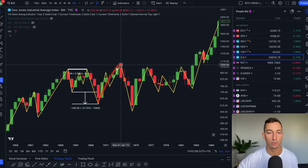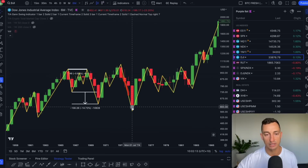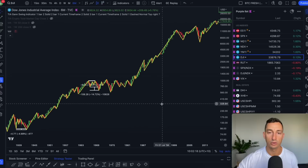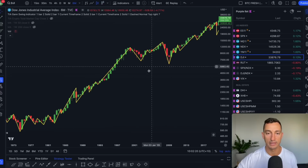Move to the upside. New all-time high. We've got some greens here. We got a new high. Collapse. Reds, reds, reds. Greens occurred. No new lows. Fantastic. Now we have to fast forward all the way through to where we currently are, or